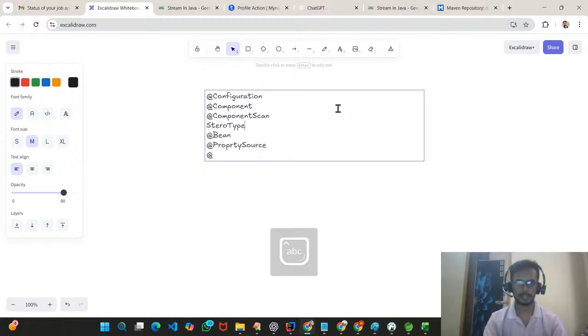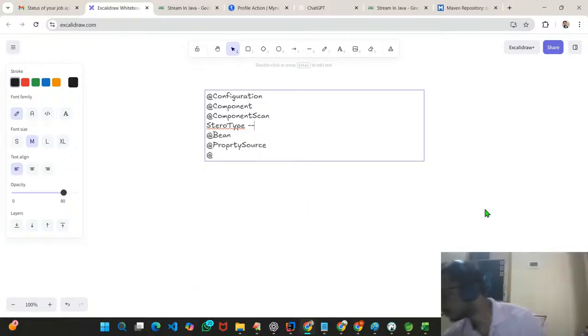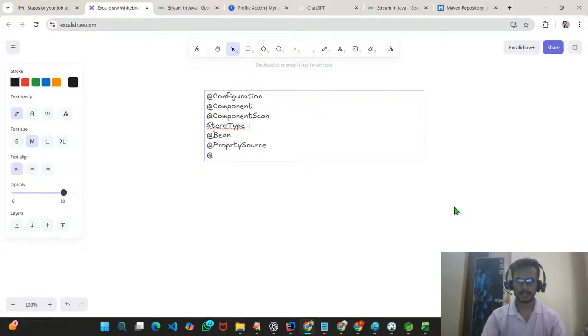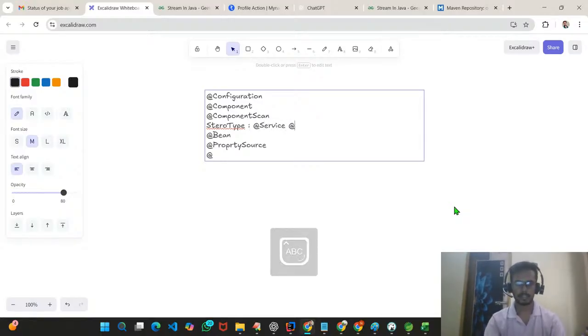We have a few stereotype annotations, those are @Service and